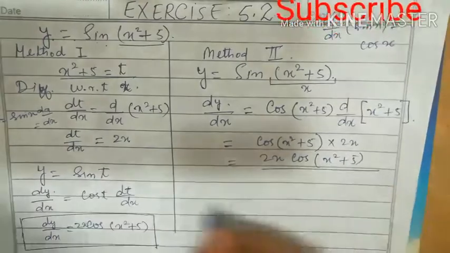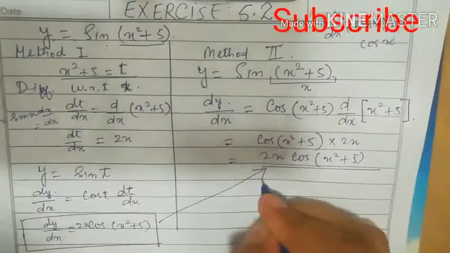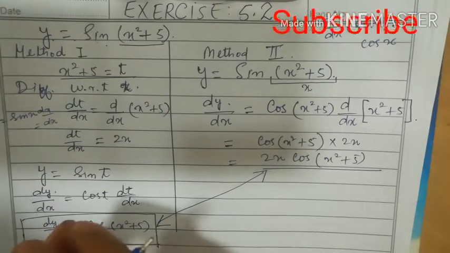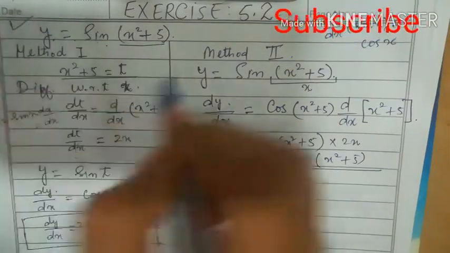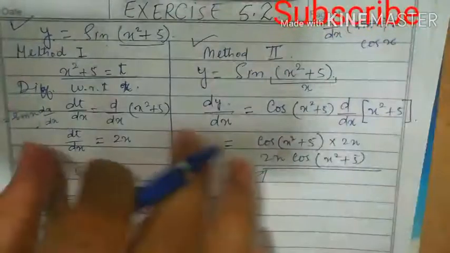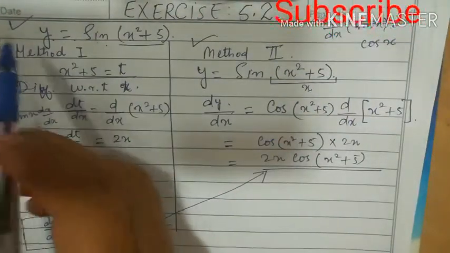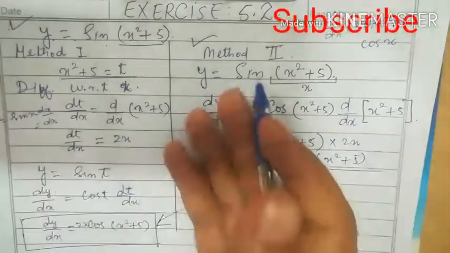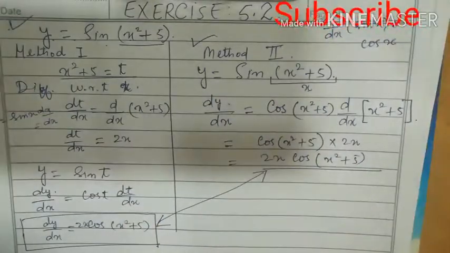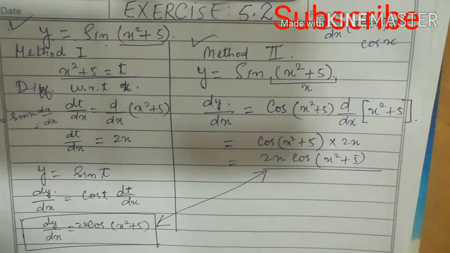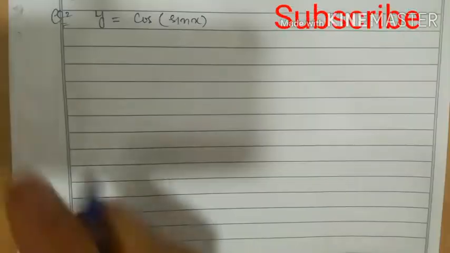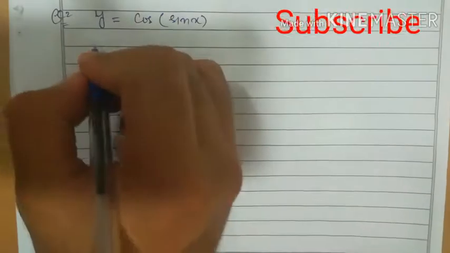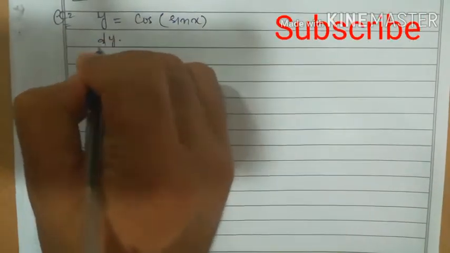So if you see, both solutions are the same, so it depends upon you whether you like method first or method second. Both rules are the same. If you write this method in the examination, the examiner will give you full marks. If you write the other method, he will also give you full marks. It depends upon which method you like. But I will show you all questions with method second, so I will write directly here dy divided by dx.